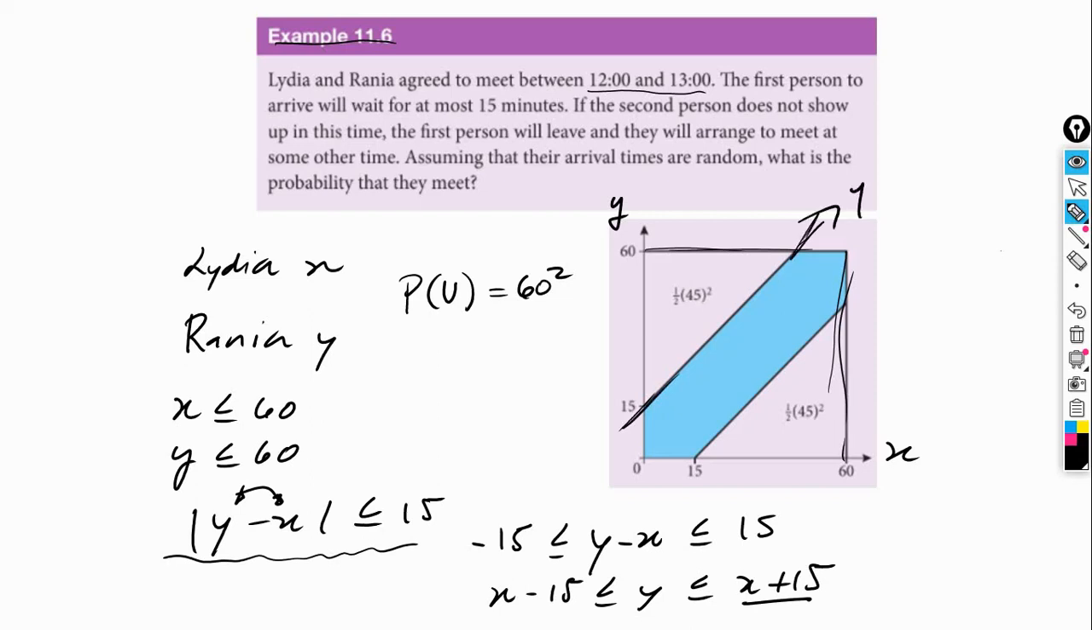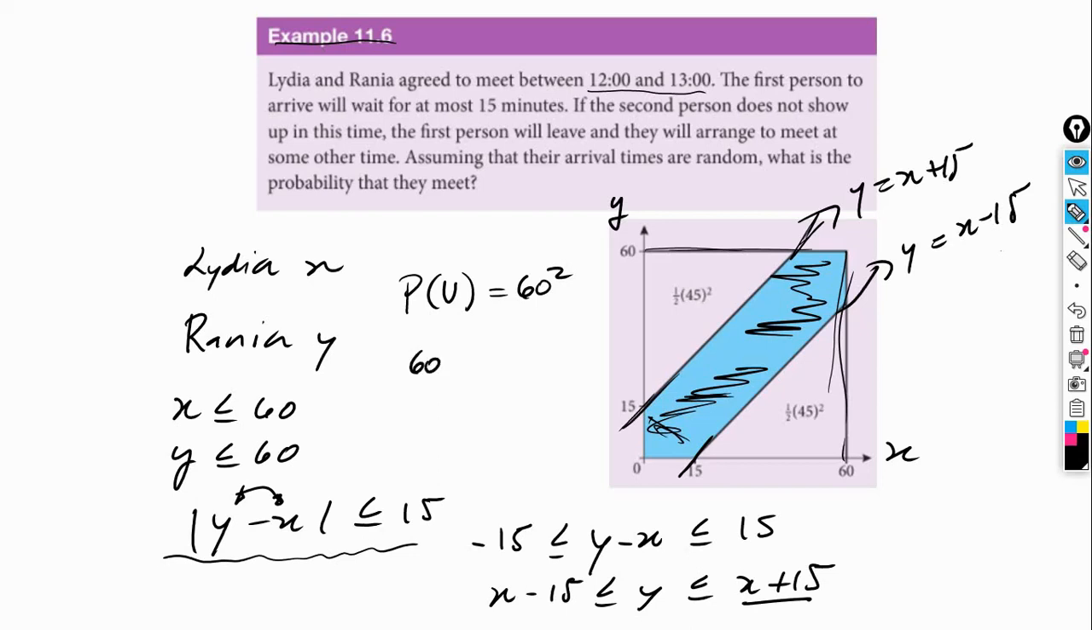So this is y equals x plus 15. And then this one is obviously here, y equals x minus 15. And y must be between those two lines. So the arrival time for y has to be within this blue area. So the solution will be the area of this blue part divided by the total area of the square. So this is going to be